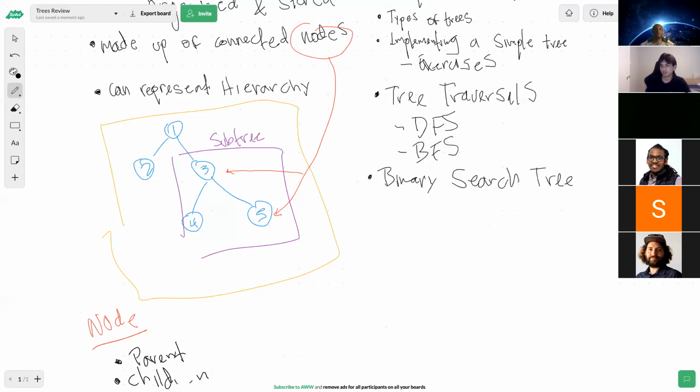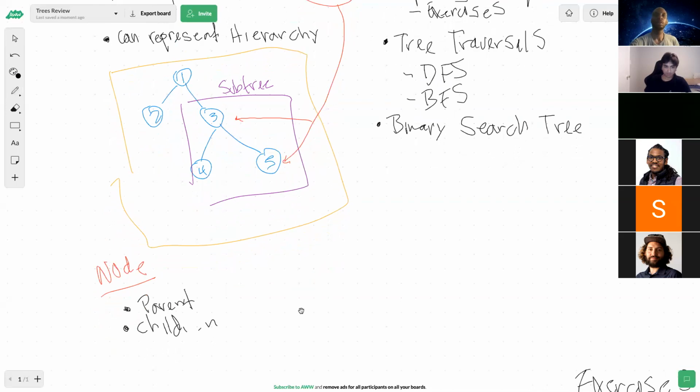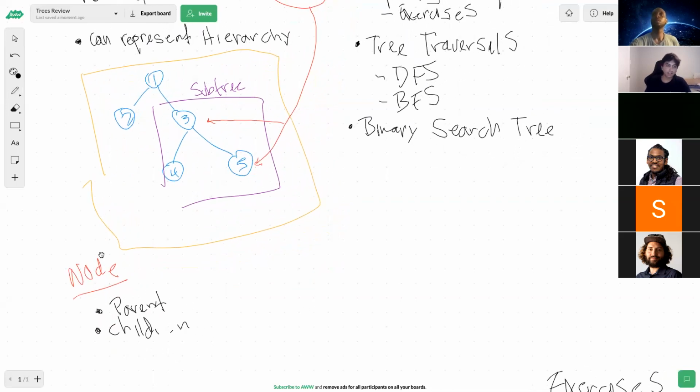Let me move this around a little bit. It's okay. And for the case we're going to be working on today, what are the children that we have, of the root node of 1?